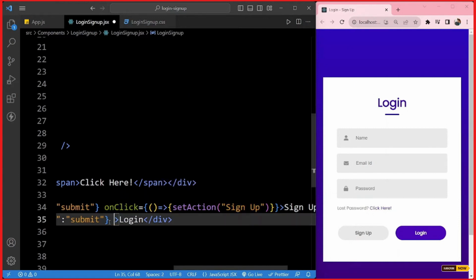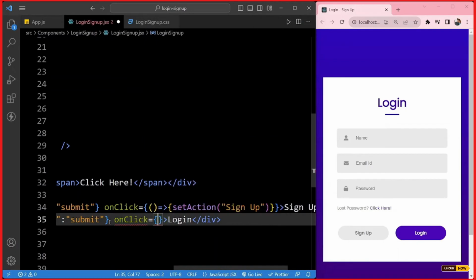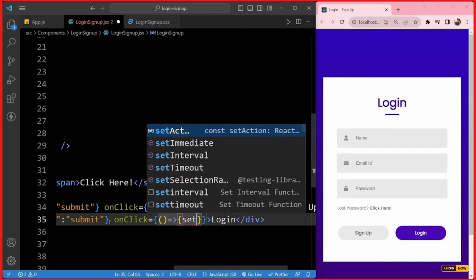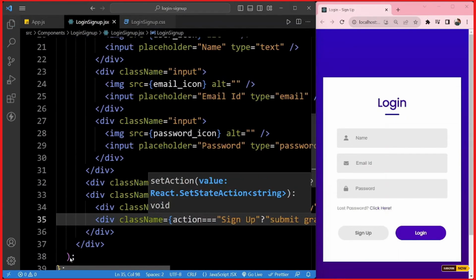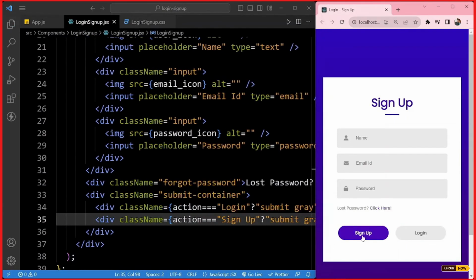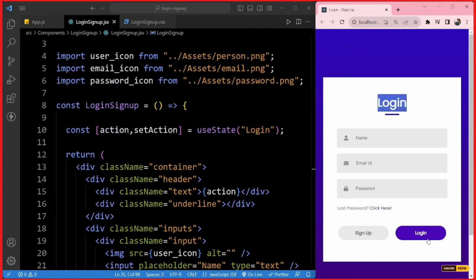And here we will provide onClick, passing an arrow function. Inside the arrow function, we will write setAction login. Now we will save it. If we click on signup, now the signup button will be purple. And here the text also gets changed because our state gets updated. If we click on login, our login button gets purple.